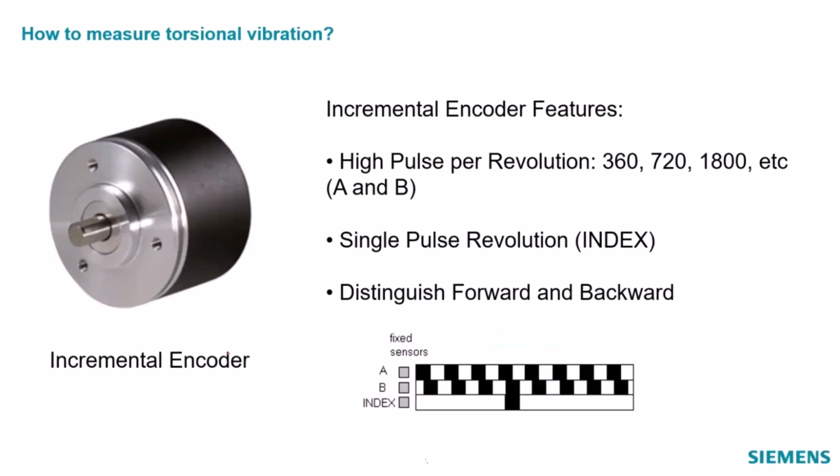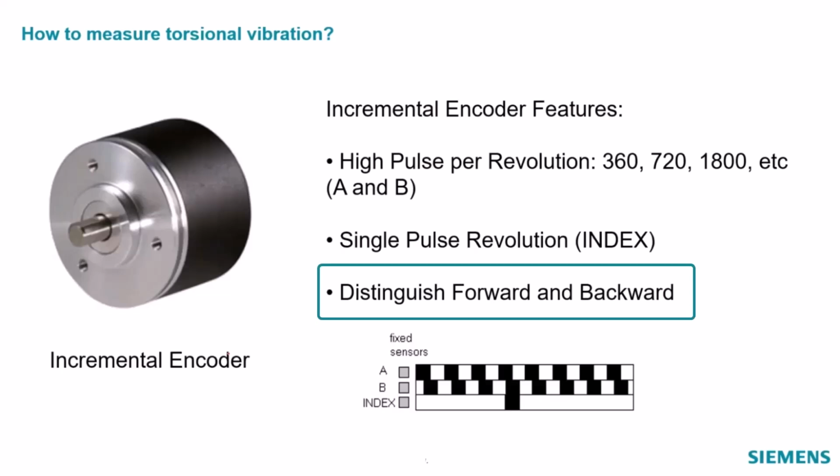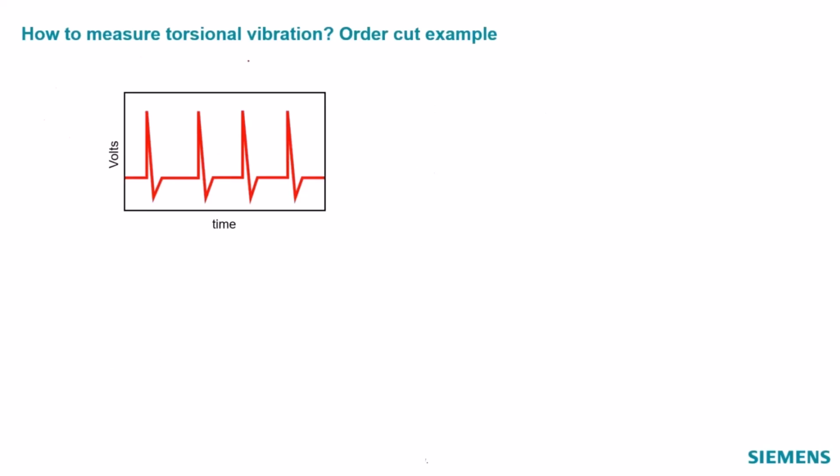Have you ever had to use an incremental encoder, Charles? A couple times. Yeah, I think you even did a webinar on that, right? Where we have a special card in the SCADAS front ends called the RB4 card that allows you to use these devices. Depending on the torsional vibration, how severe the fluctuations are, and whether you're interested in the system going forward or backward, you might need to use something like an incremental encoder because it can tell what direction things are rotating in.